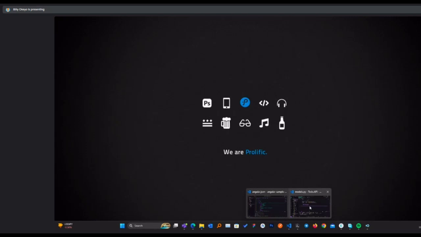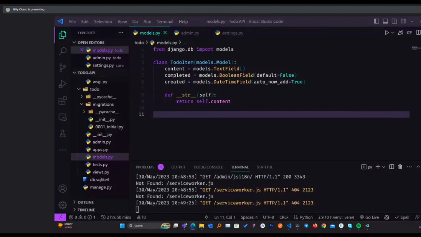There's a question that was asked: if views are controllers in MVC, what are views in Django? For the MVC structure, we have models, views, and controllers. Views are what the user will be able to see, the controllers control the logic, and the models have the tables or the schema. But in Django, there's MVT. We have the models, and the views now control the logic, so views are the controllers in MVC. Then we have the templates, and the templates are the views in MVC. I'm hoping I've answered the question.